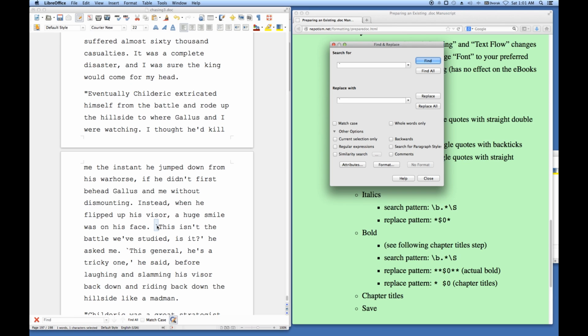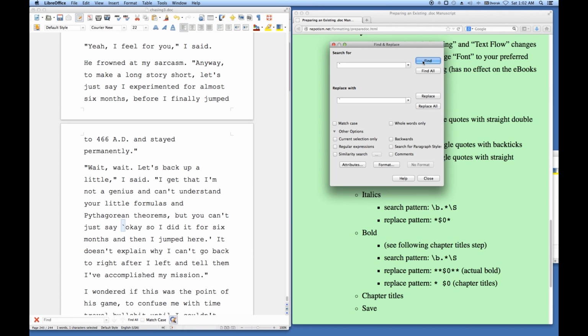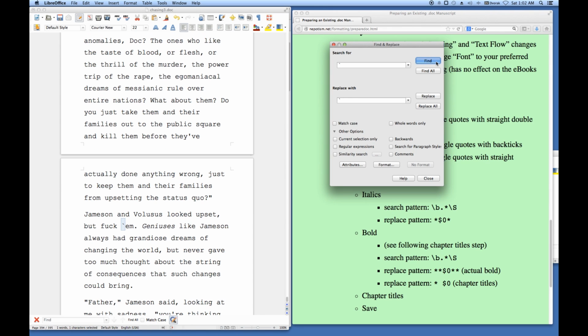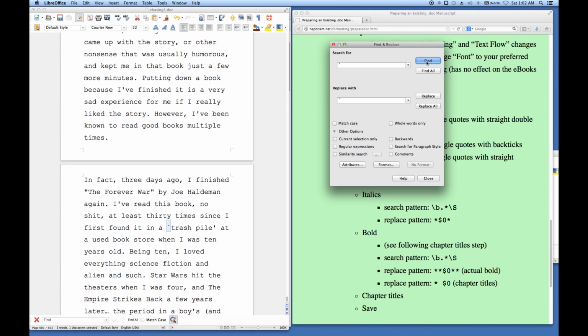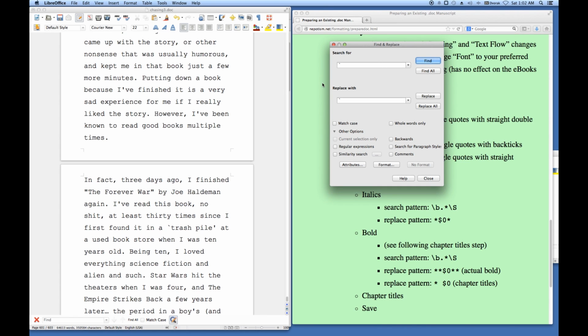That's good because it's an inner quotation, so that's no problem. That's what we want. Same for that. Again, no problem. Again, no problem. That's okay. That's okay. Again, this should have been an apostrophe and not a backtick, so I'll erase that and type in an apostrophe. Humor looks good. Story is okay. Trash pile looks right. So we've gone to the end of the manuscript, so we're okay. So I don't want to go back. Okay, we've taken care of all the...